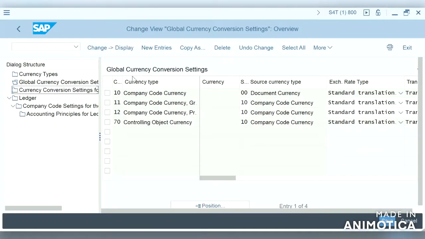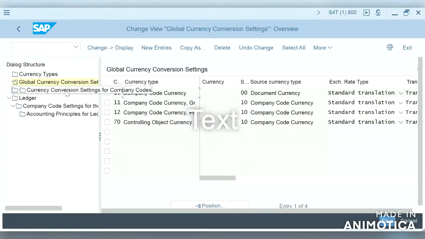So if we see this global currency conversion settings, here we don't update any currency. It is specifically related to company codes and controlling object currency.